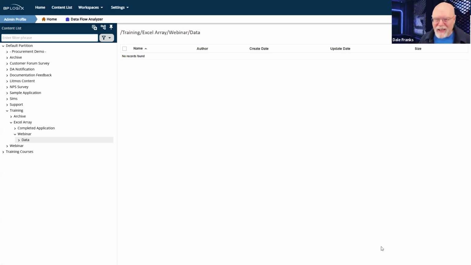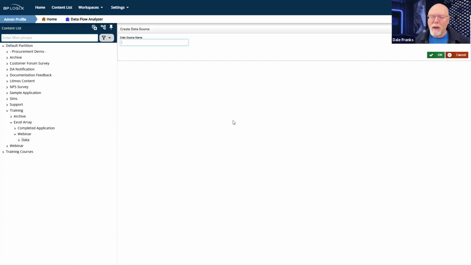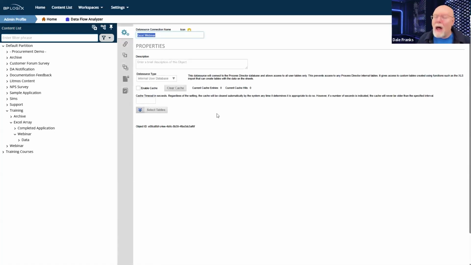As I was saying, I need two things. Obviously, I need a data source. I need a data source connector to the internal user database. So I'm going to go ahead and build that. You should already have one of these that is already built, and we'll call this Excel webinar. But I'm going to go ahead and build it. And by the way, if anybody wants this afterwards, I'll have it available. A lot of it is not going to help you because it is specific to this system, but things like this will. So I'm going to create my new Excel webinar data source.